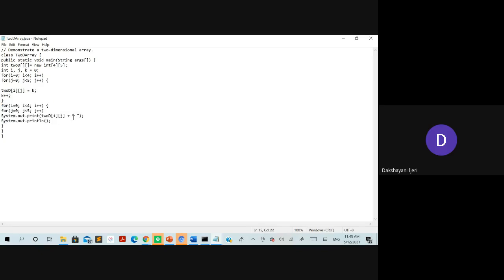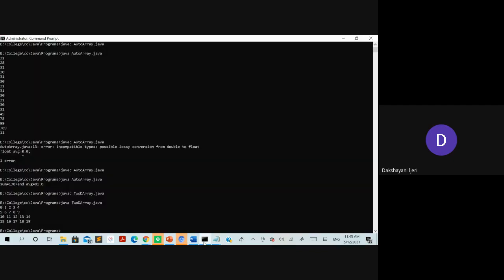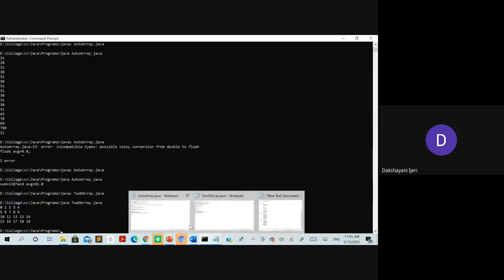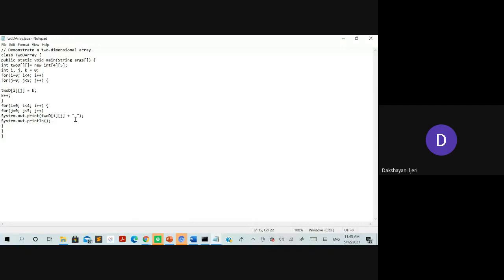So here you can see it has been concatenated with the space. Why? Because we need to leave the space between each element. And one more thing you can see here, immediately after printing each row, one more print statement has been used without any value. Why is this print statement required? Can anyone tell me? After printing each element, right? So how is this print statement going to work? Next line. To the next line.